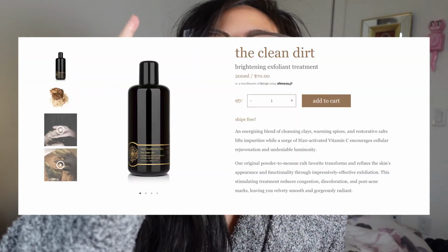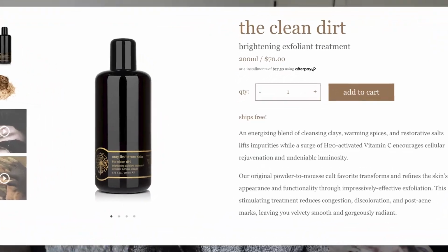What is comparable to this is her Clean Dirt, which is not a mask, it is an exfoliator. So the difference is that one, you keep on for a while, and the other, you rinse off right away. And it's the sandy texture that gets rid of all of your dead skin. And again, just makes you glow immediately after because of the vitamin C and the ingredients that she uses for